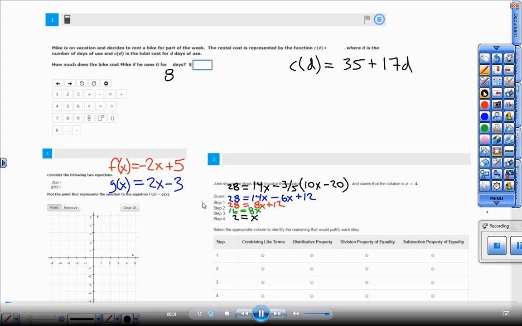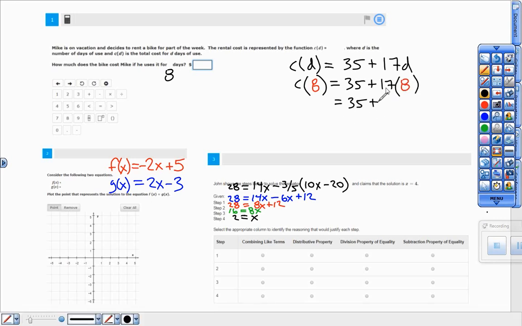So here we go. This first page. Again, this first one is just plugging in the number of days and then using your calculator to watch your arithmetic and do the math. 35 plus 17 times 8. Be careful not to times 35 times 8. It's 17 times 8. Use my calculator, gives me 35 plus,